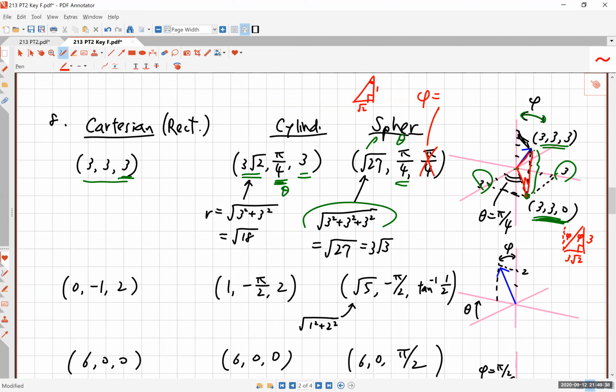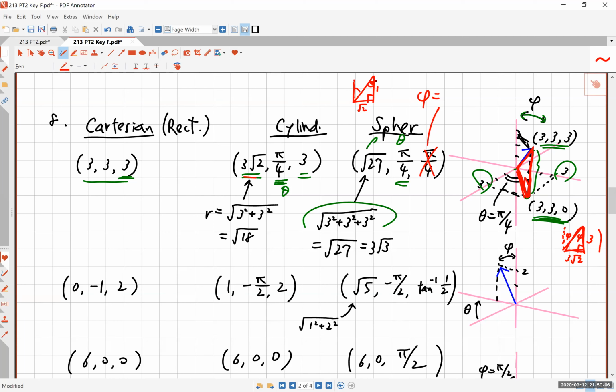Yeah, so you cannot be too careful in these things. Remember, this is a right triangle, and this is the triangle that I'm showing here. The length r here is the square root of, what did I say? It's 3 times the square root of 2, okay? And then the height is just 3, right? And remember, theta is this angle here, but that's the same as this angle here because those are